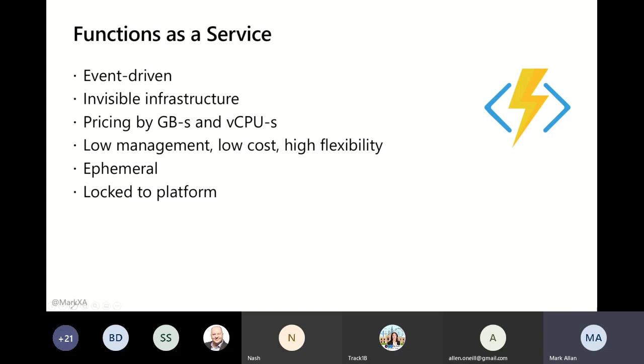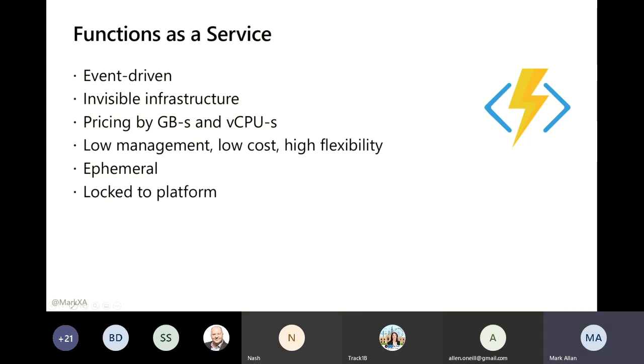In theory, if you've got nothing going on, then you don't pay anything and you've got no servers running. But as soon as work starts to come in, then the serverless infrastructure behind that will run as many instances of your function concurrently as it needs to process all the work that's coming in. So for instance, if you've got a queue, it can look at your queue, say, okay, there's a million events in that queue. I'm going to fire up a hell of a lot of functions to process all those as quickly as possible.